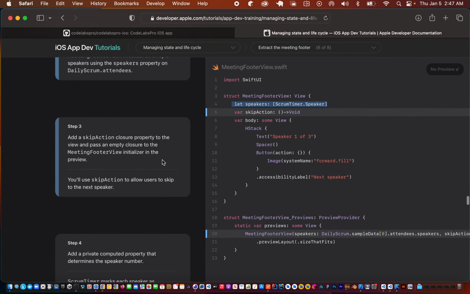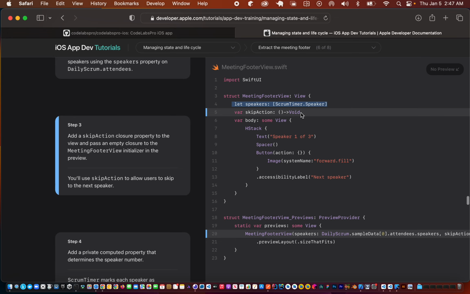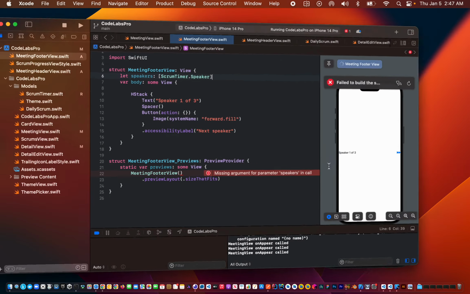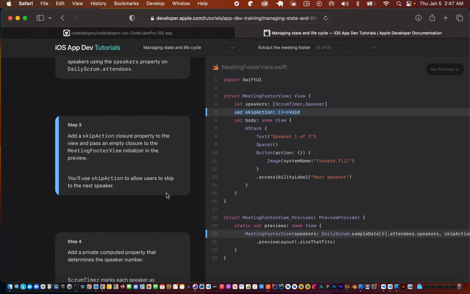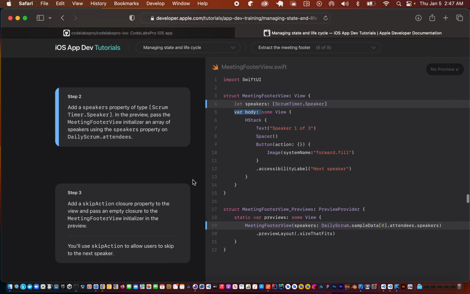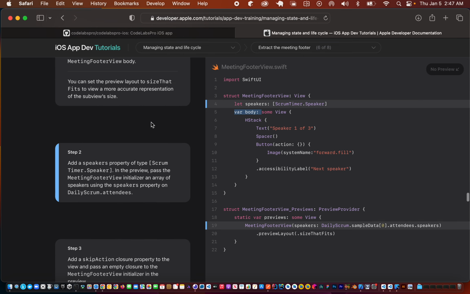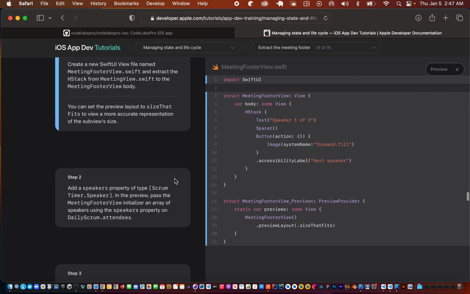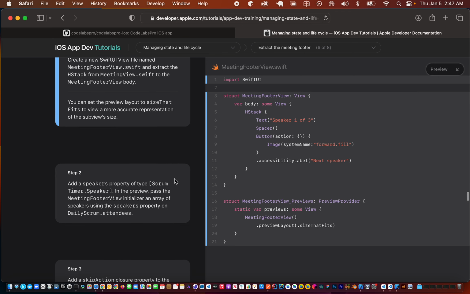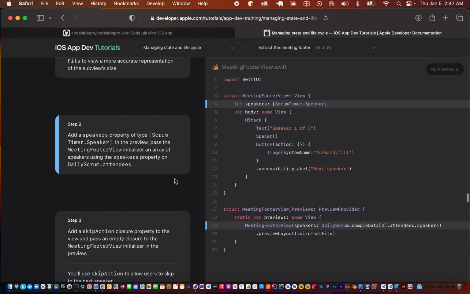Now we can add a skip action closure property to the view and pass an empty closure to the meeting footer view initializer. So in our meeting footer view preview, we can pass the speakers in,